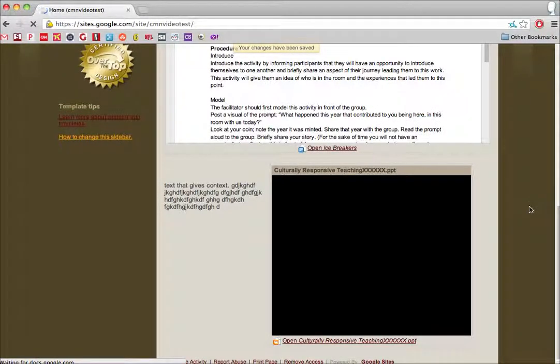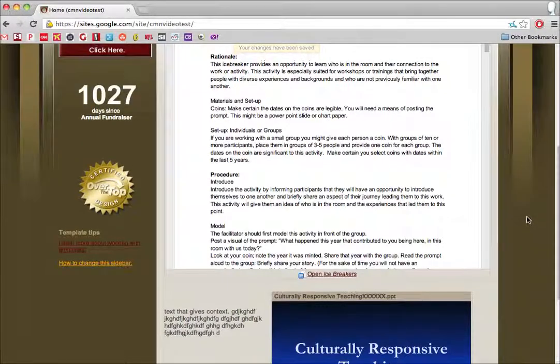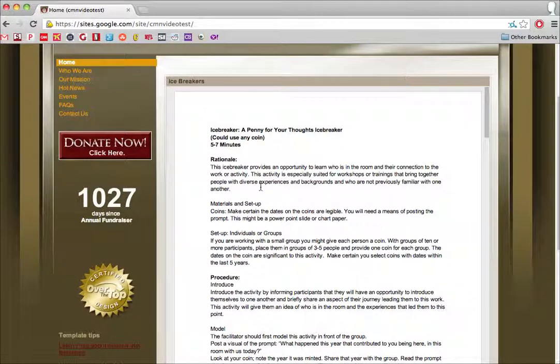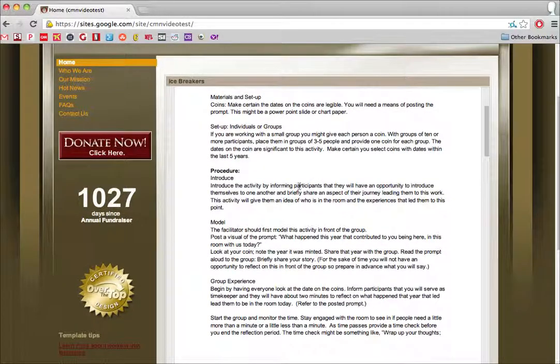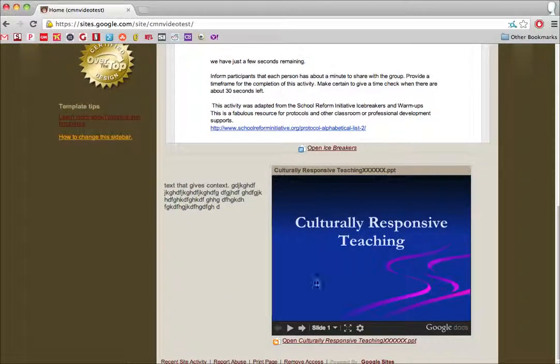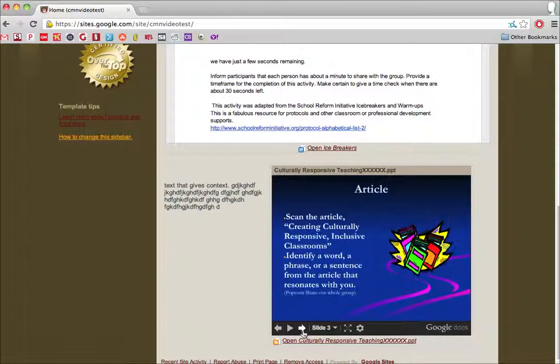Right now, as you can see, we have the first section, which has your documents in full view, as big as it can get for the page, which is nice. Down below, where your presentations will be, there will be the actual presentation on the right side, and the text that gives context to it on the left. I noticed on the work-related page that after the presentations, there were a few more documents, I believe the testimonials and a few other PDFs. Just to show you hypothetically where that would go,